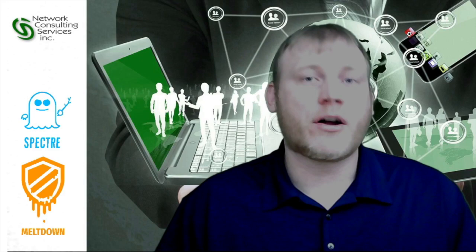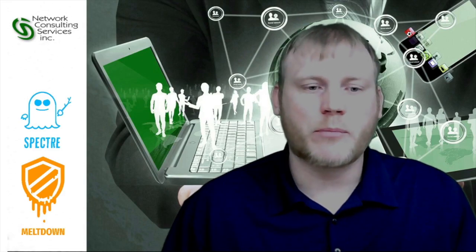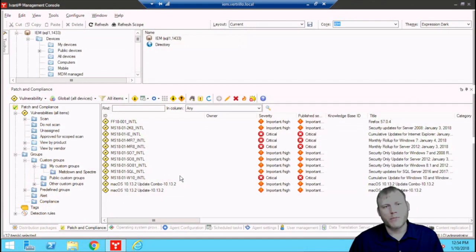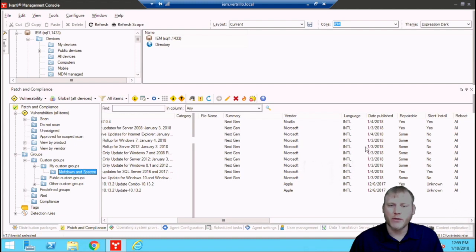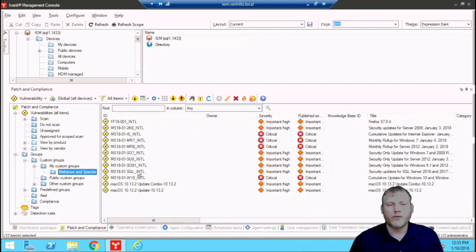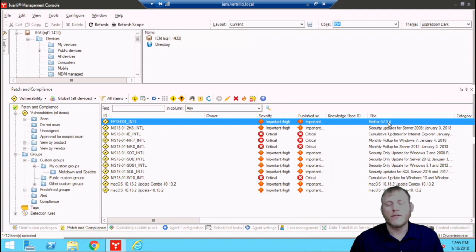Let's talk about how Ivanti products can actually help you and protect against this particular vulnerability. Here in my console, I have the Ivanti Endpoint Manager product, and this is the patch management component that I'm going to show you. Here under Vulnerabilities, I've created a custom group for my Meltdown and Spectre. Just go and make sure your patches are getting downloaded, and they'll show up here in the detected vulnerabilities. And then, like I said, I just did it for a grouping mechanism, put them in here under Meltdown and Spectre so I can keep track of them. You can see on the publish date over here on the side, most of them came out in the January timeframe. You can see we have ones like for the Firefox up here at the top, Firefox 57.0.4.